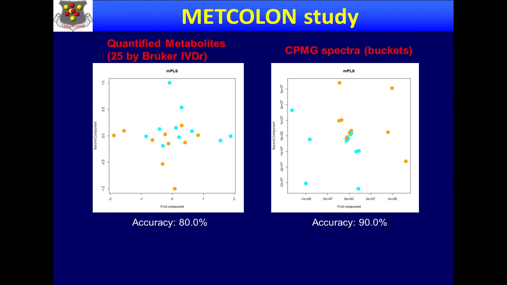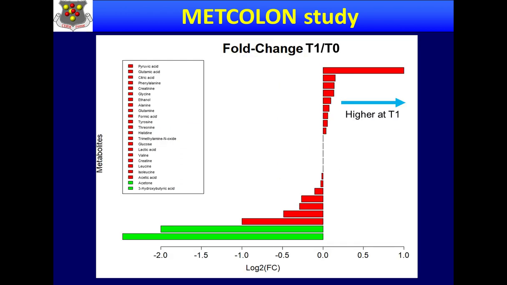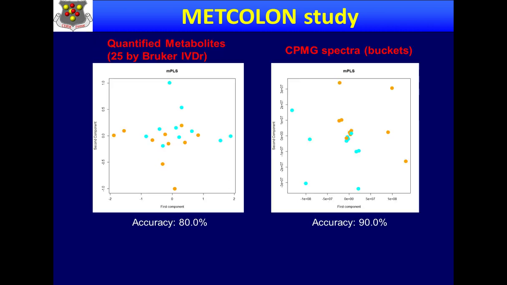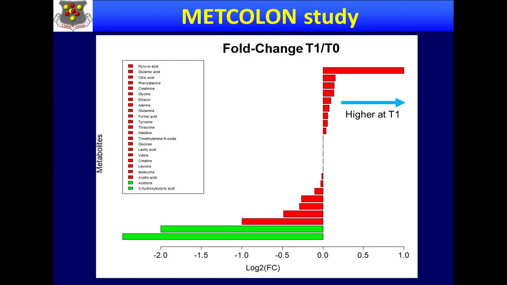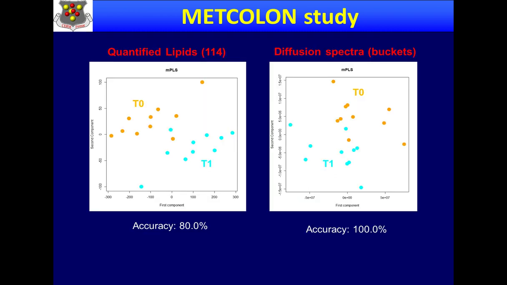So this speaks somehow in favor of continuing the effort of identifying and quantifying more and more metabolites to get asymptotically closer to the amount of information that is contained in fingerprinting, with all the extra benefits, of course. And here you can tell which are the significant ones, and this is very significant, a log 2 of -2 or so: 3-hydroxybutyric acid and acetone, and this was significant to identify high risk and low risk. But it's not so relevant what we gather, and this is still a study in progress.